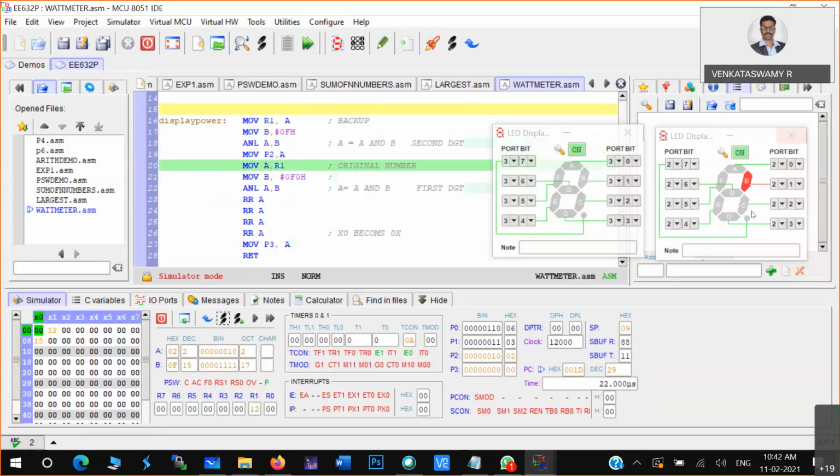Can you see something is coming in LED? Some LED is turned on. The thing is, you have not converted that particular digit to 7-segment display. You are just pushing that 2 to that LED. That is wrong.